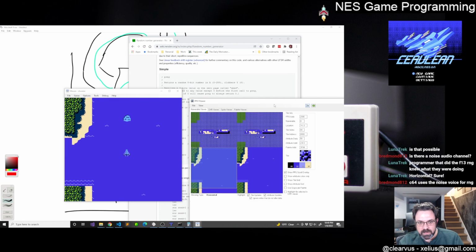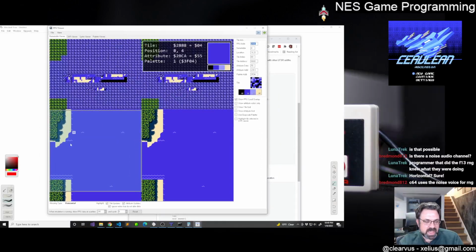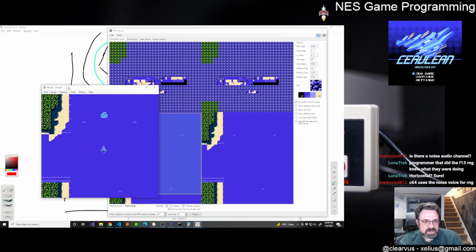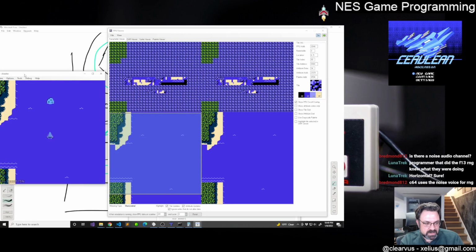My PPU name table has the data loaded for whatever is currently in view. As that scroll window advances, I'm loading data slightly in advance of the scroll window into the name table. So if we slow down the emulation here quite a bit,